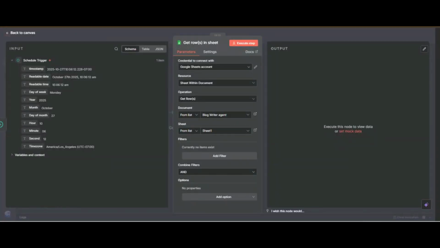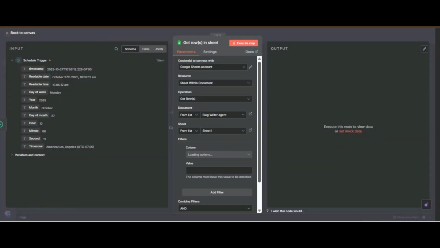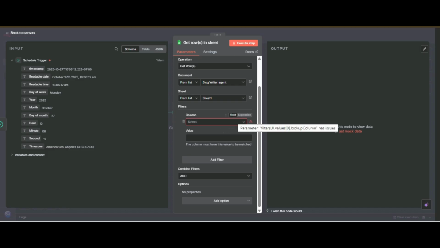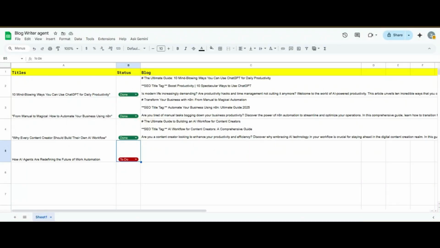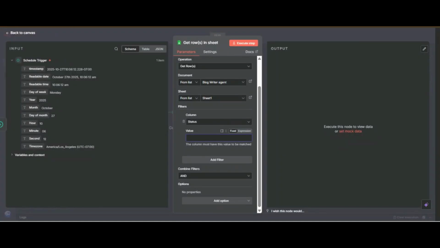We will add a filter. Here we select which column to filter. Here it is status, and then what the value will be. The column must have this value to be matched. So here I write to do. We must write it the same way that we added it. So I will do this, and now if we execute this step, it will retrieve